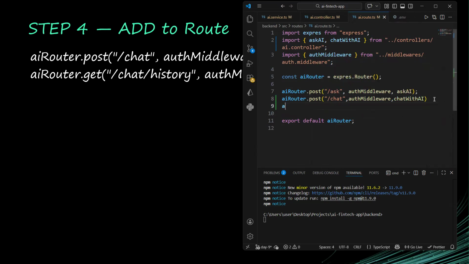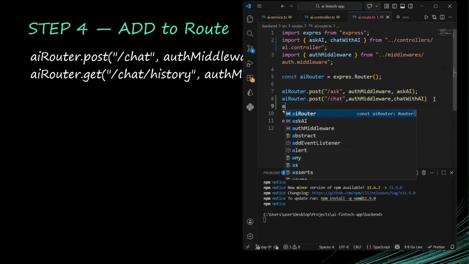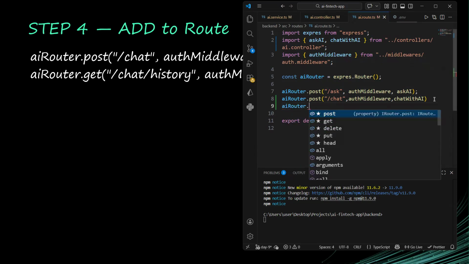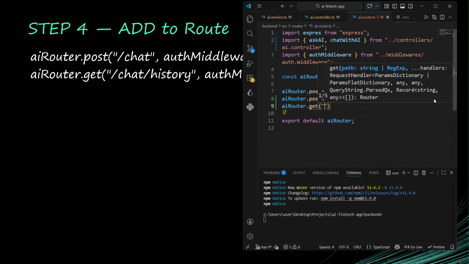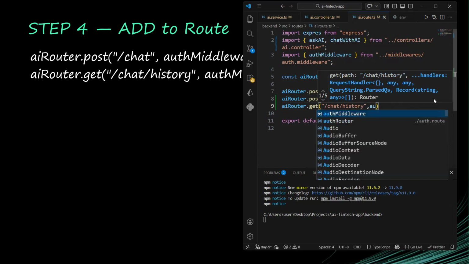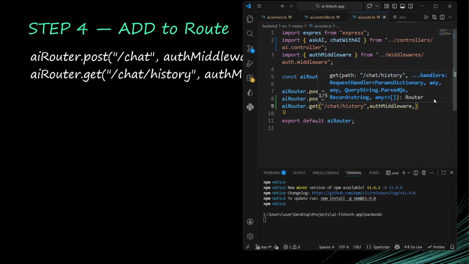Then the next one, let us also say aiRouter.get. So we are going to get, this time around, we are not doing post. We are getting the chat history. Okay, sorry, it's going to be /chat/history. Then we'd also protect it with our middleware, and then